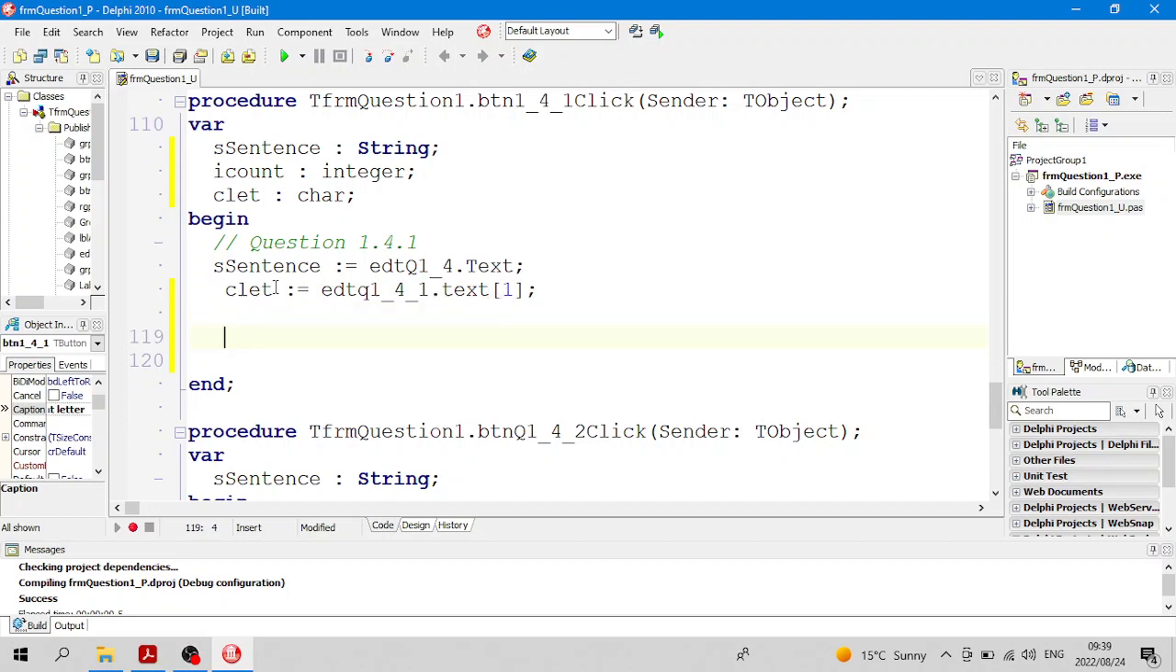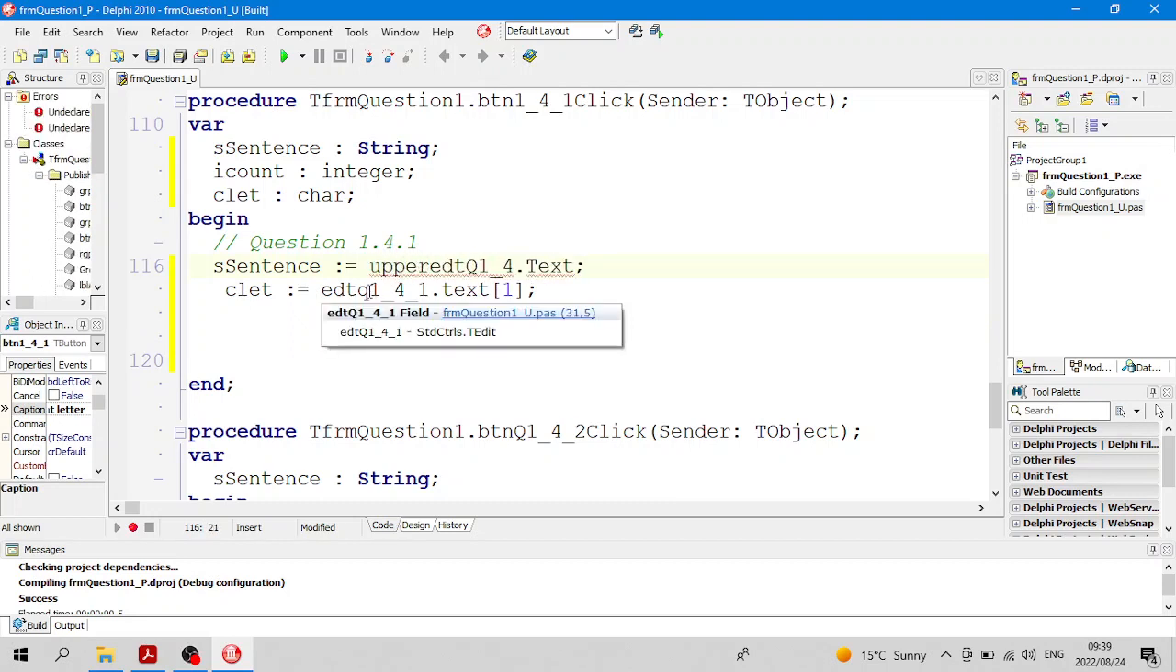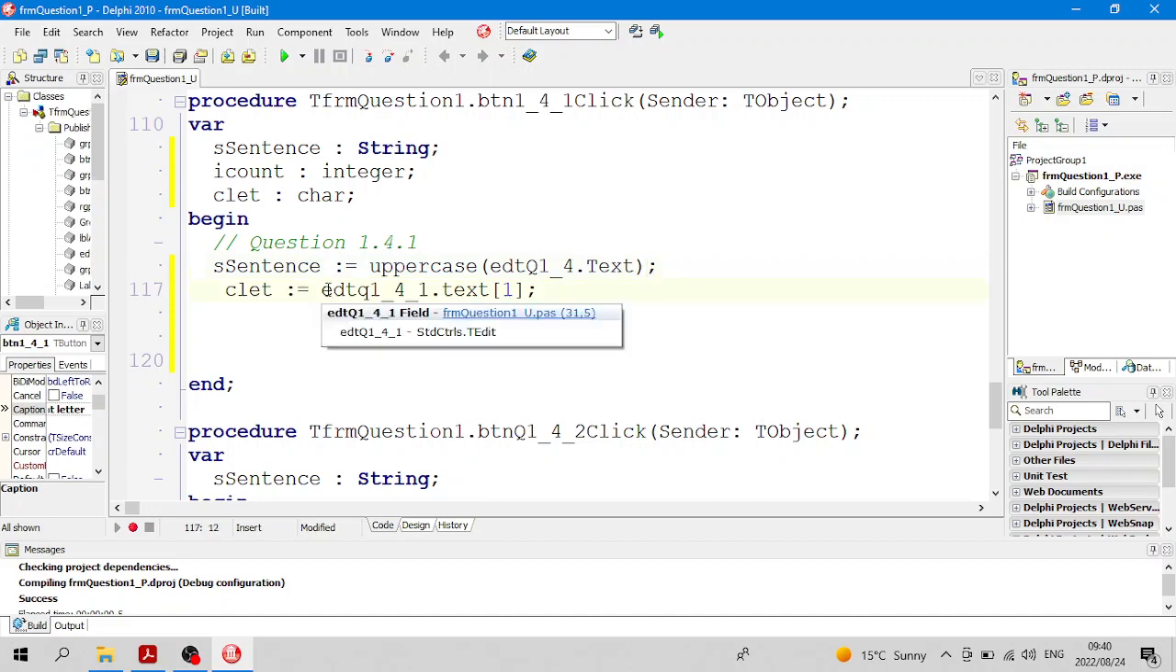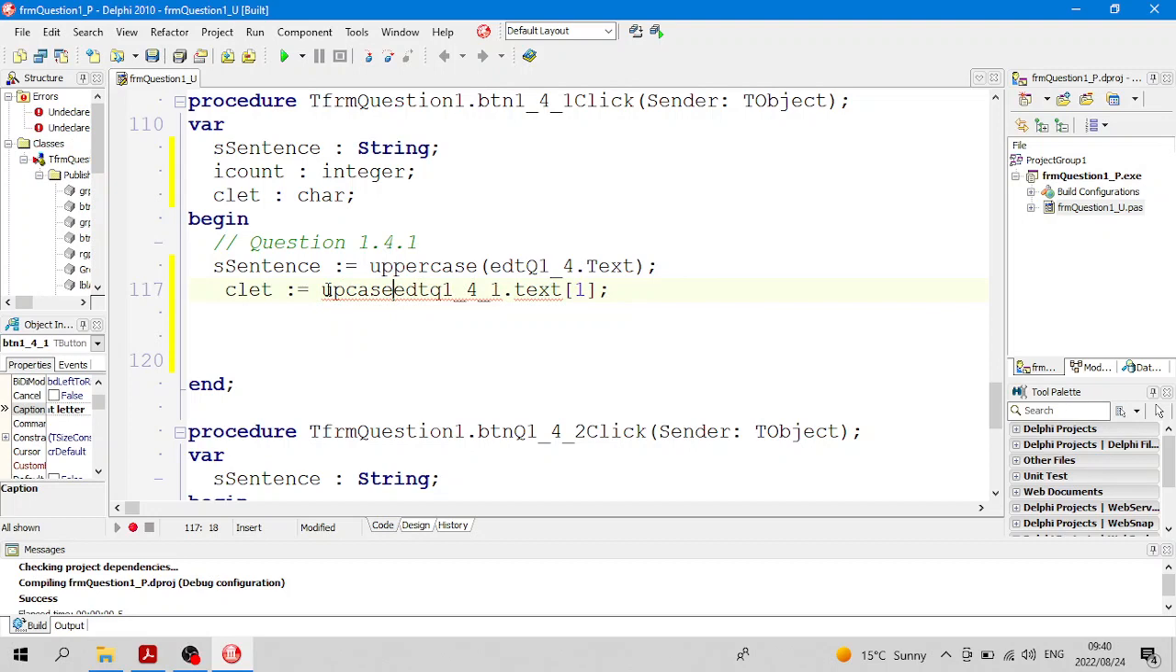Now we want to go and see if we're going to count how many times the letter appears in the sentence. So I'm going to convert everything from the one edit box to uppercase. The string, use uppercase, and for the character we use uppercase. Okay, we want to convert them both to capital letters,